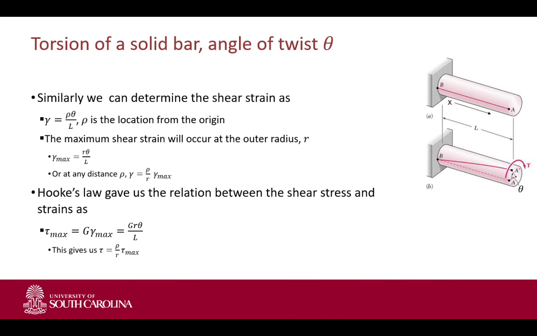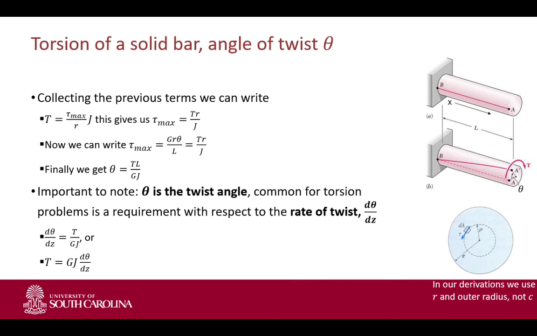the maximum shear stress as a function of the shear modulus, the length, and the radius, and the angle of twist. So we can also rewrite this in a slightly different format. We can say that the maximum shear stress is equal to the shear modulus multiplied by r theta over L, which must be equal to the torsion multiplied by r over J. So what we can do is we can cancel out the r's because the radius drops out, and we can rewrite theta as a function of our torsion, our length L, our shear modulus, and our polar moment